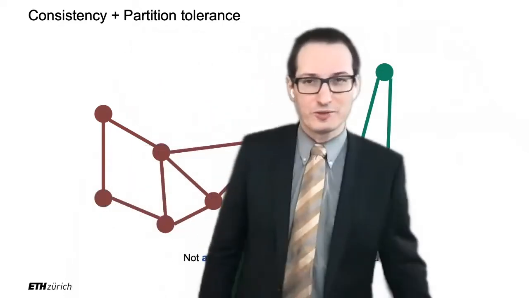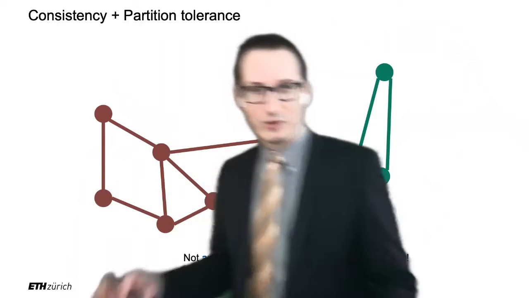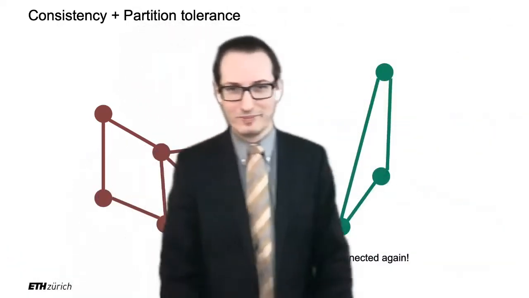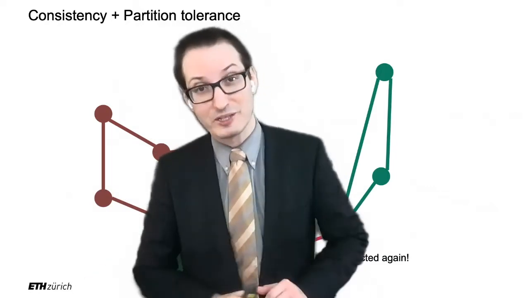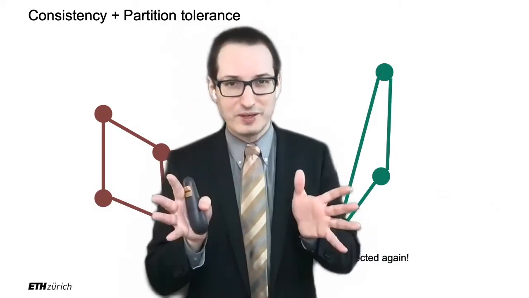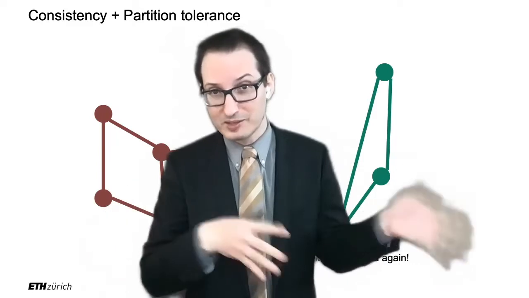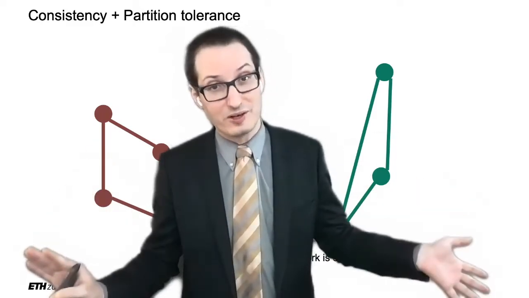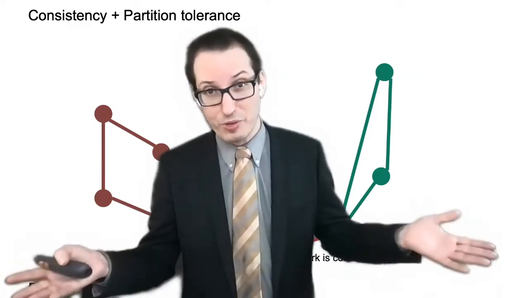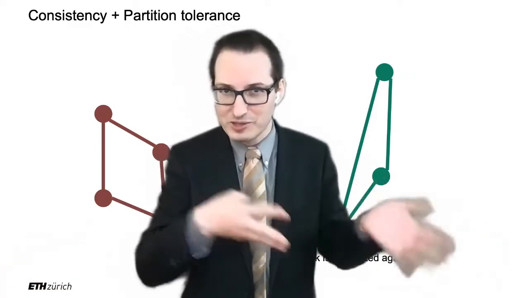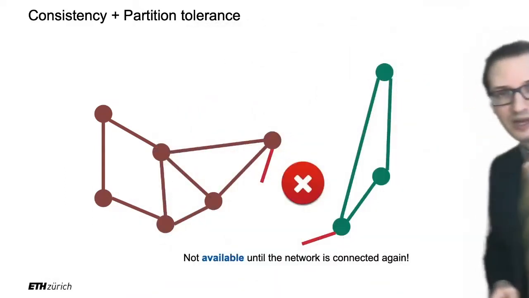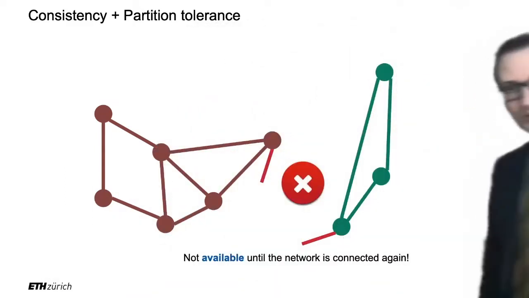And finally, there are the systems that are CA. These are the ones that stop working. If there's an earthquake, then that's the end, right? You basically don't survive that, and so you're not partition tolerant. So with CAP, you have to drop one, C or A or P, and each one of the systems we will see during the lecture will drop one of the three. And you can ask yourself, is it the C, is it the A, or is it the P that the system is dropping? So this is what the CAP theorem is about.